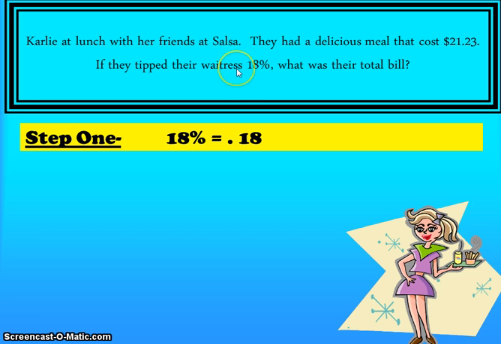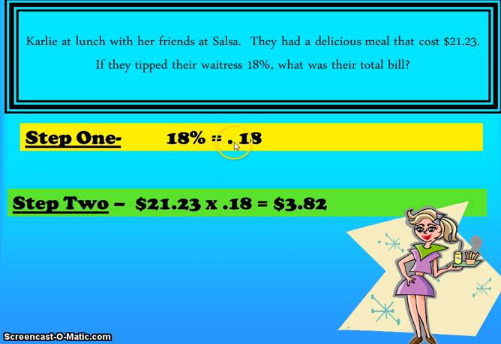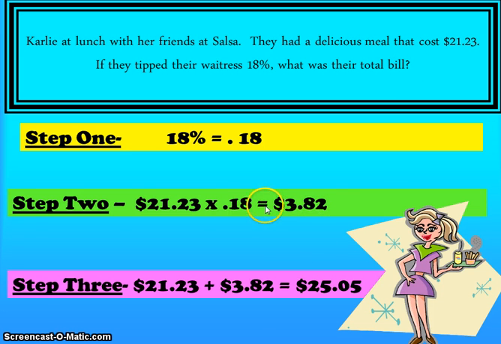Typical amount is 15% or so, 20% if you get really good service maybe. So first of all, we're going to convert 18% to a decimal and we get 0.18. And of course we got that by dividing by 100. So we multiplied that by the original cost of the dinner. So it's $3.82 equals 18% of that $21. And so we add that then to our original price and we get a total of